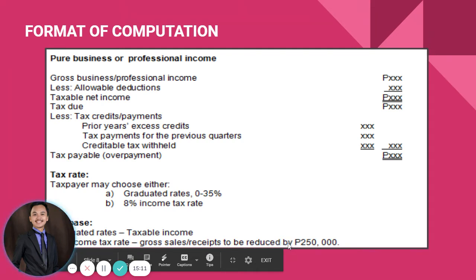Okay? Minus 250,000. So take note, guys, mag-minus lang tayo ng 250,000. We will only deduct 250,000 if pure business or pure professional income. Iba ang case kapag mixed income, may compensation and then may business or professional. But in this case, if the earnings is pure from business or professional income and then the option is 8% income tax rate, then therefore the basis will be gross sales minus 250,000 times 8% to compute for your 8%